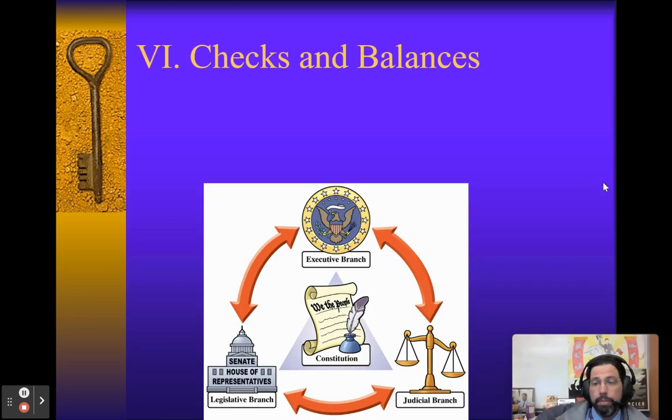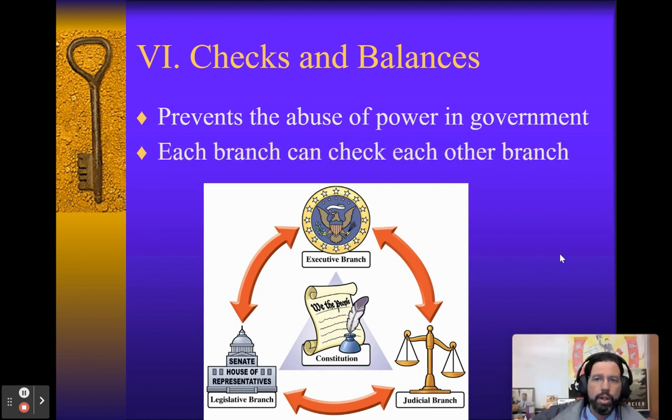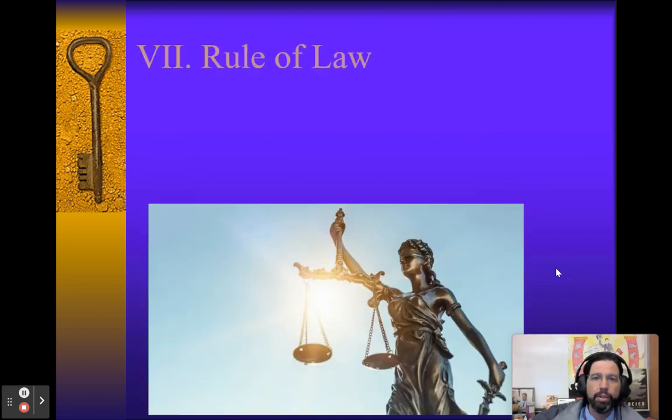One of the most important parts of the Constitution is the idea that these 3 branches of government can check and balance each other. They all have powers to stop the other from doing things and gaining too much power. It's an important part of the constitutional model. And we'll get into greater depths of the checks and balances and what they are in other sections. Just remember, every branch has the power to do something to prevent the other branch from becoming too powerful. That's the concept of a check and balance.